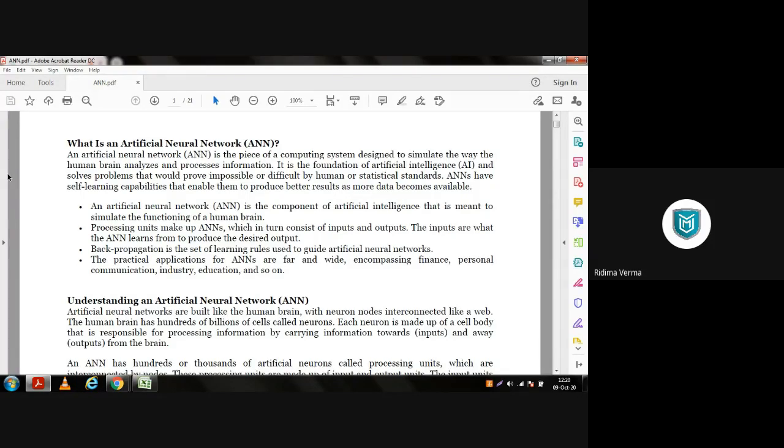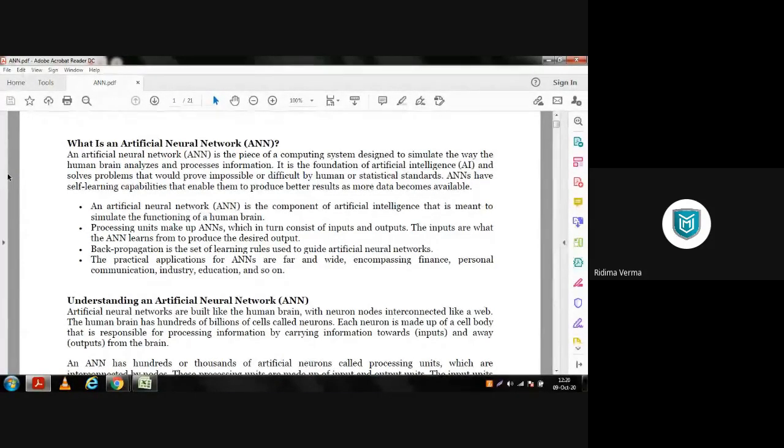Like if I take the example, I have taken this example before also. If I have the data of people with certain lifestyle, certain age, and certain eating or drinking habits, what is the probability that that person will get a certain type of cancer? This is the data set which I will be having already. According to that, I will train my neural network algorithm, and then I will create a system.